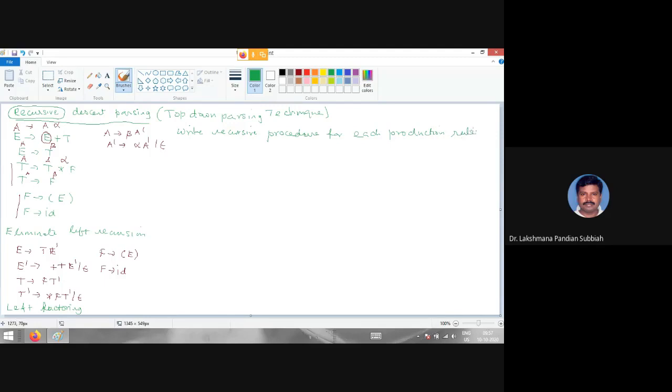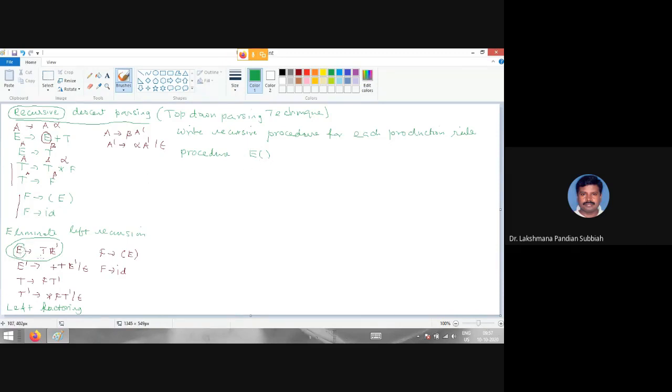In each production rule, you have to write a recursive procedure. Right. Now you see this one. This is the first production rule. Now you have to write a recursive procedure for this one as procedure E. So this is the procedure, right? So this E, you take that first one, then you have to write E, right?